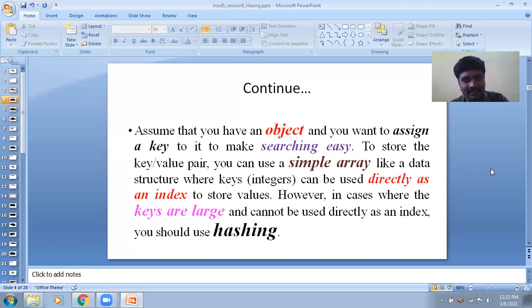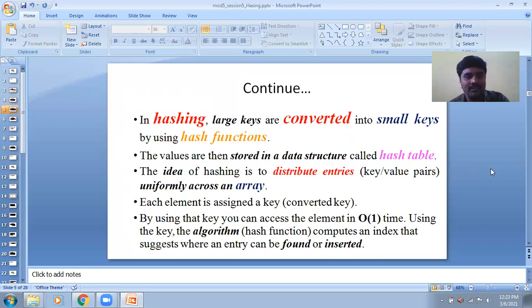However, in cases where the keys are large and can't be used directly as an index, you should use hashing. Third, in hashing, large keys are converted into small keys by using hash functions, which we will see further. The values are then stored in a data structure called a hash table.